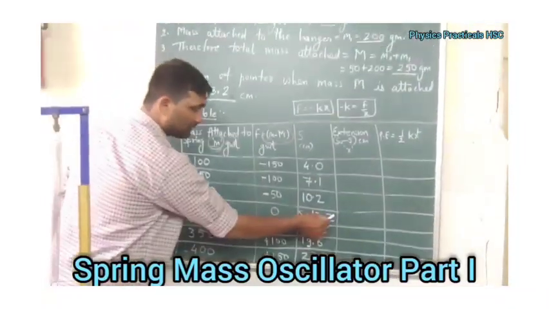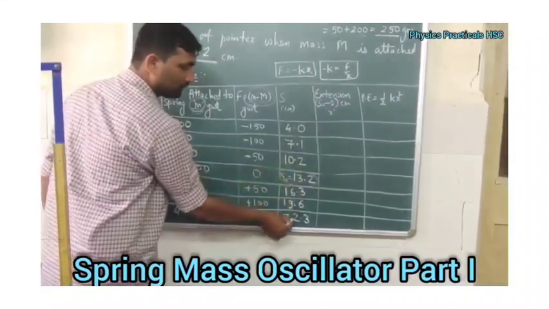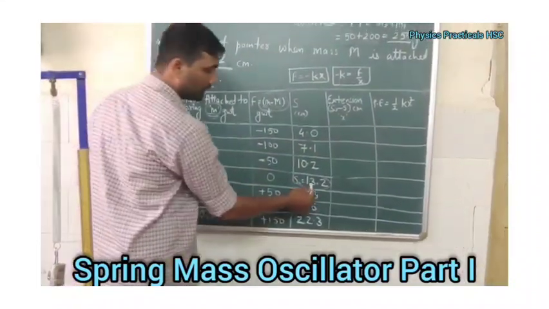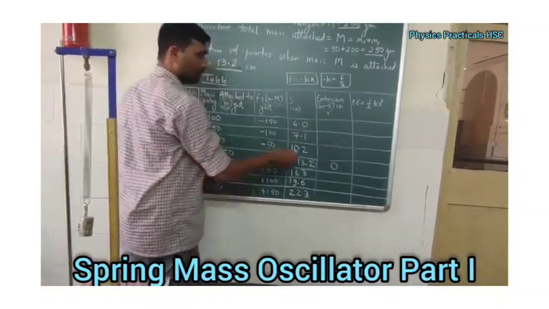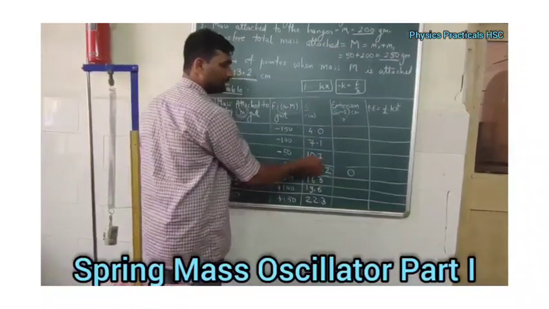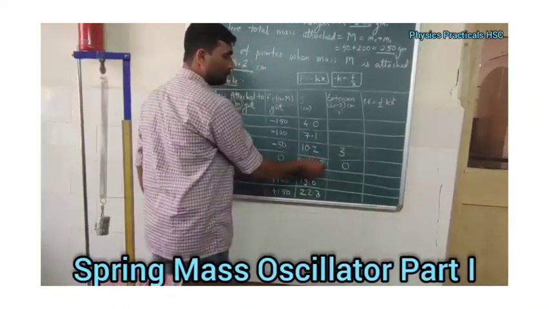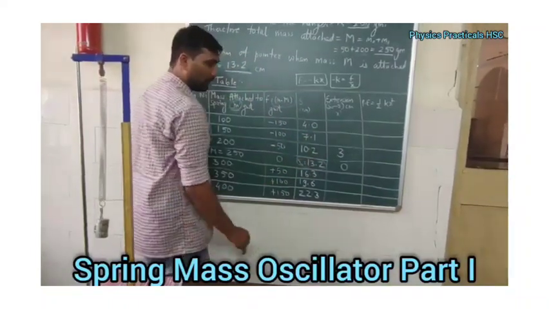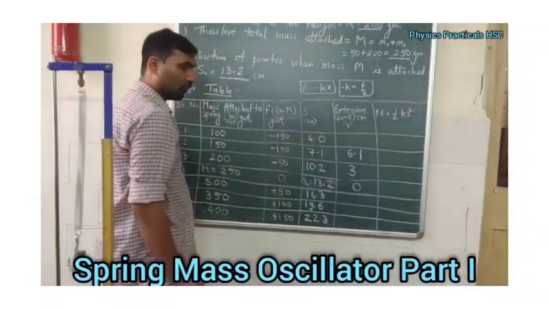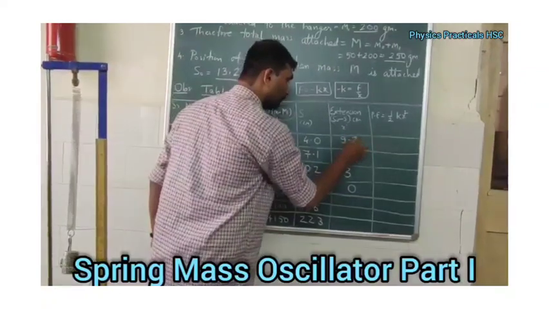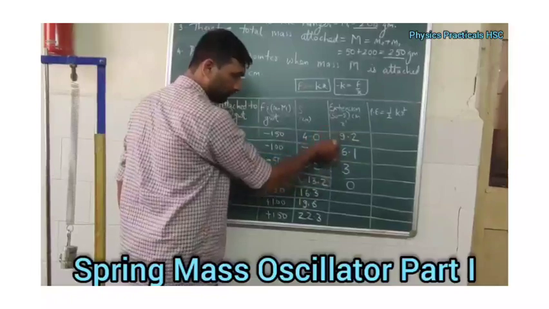Okay, coming with this extension, S0 minus S. So S0 value is this 13.2 and then minus S. So S are these values. So you can minus the things. 13.2 minus 13.2 will be 0 in this case. And coming upward, it will be 13.2 minus 10.2, which is nothing but the plus 3. Okay, and I am moving 13.2 minus 7.1, which is nothing but the 6.1. 13.2 minus 4 is 9.2. You can see it is increasing 3, 6.1, 9.2, but with the positive symbol.